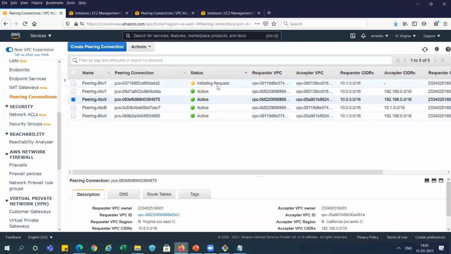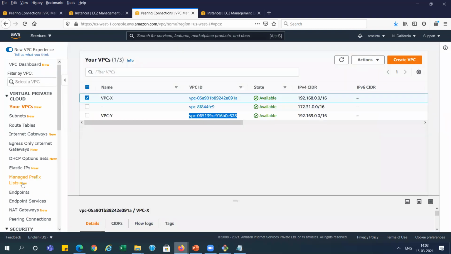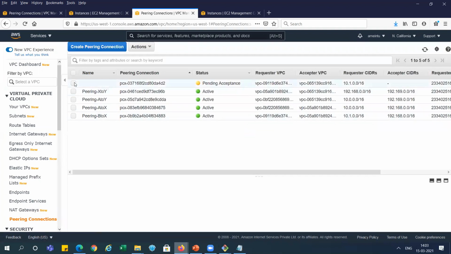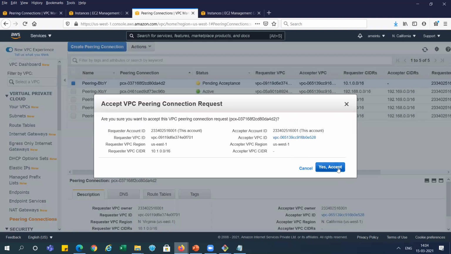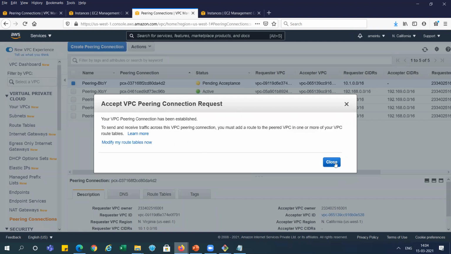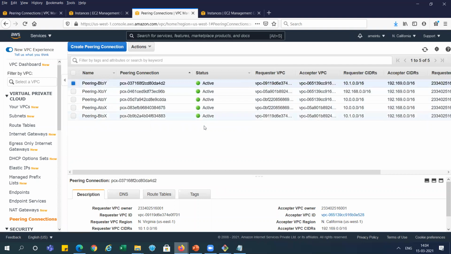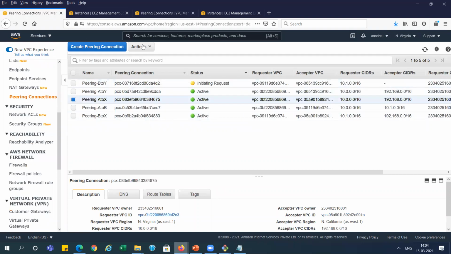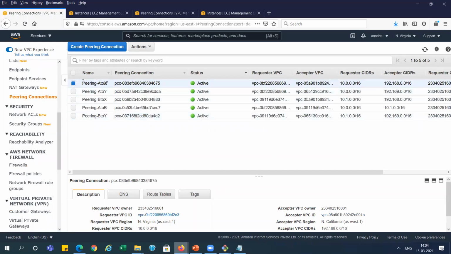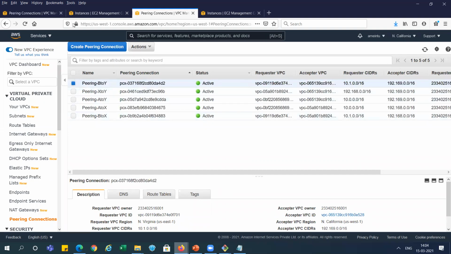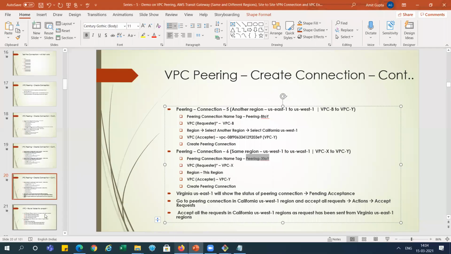Okay, it is again initiating request. Go to that place, peering connection, select it and give the name for understanding, right? This is B2Y, and go select and accept request. Close. You can see here now we have 5 active connections, and here you can see also there. I'm just refreshing it. You can see here it is 5 active, right? So we have created 5 and one for the same region, right? So you can see 4 are common and 1 is different here. So we have 6 connections we have created so far. So we have done this connection.